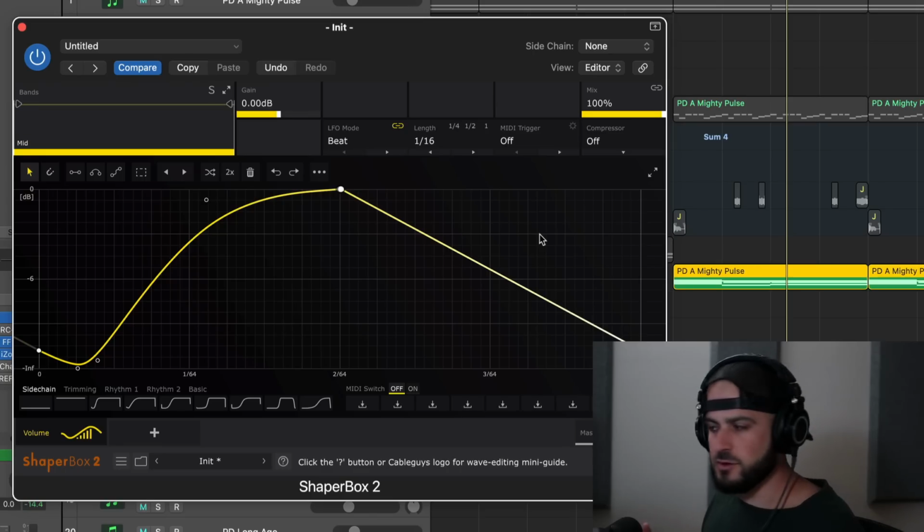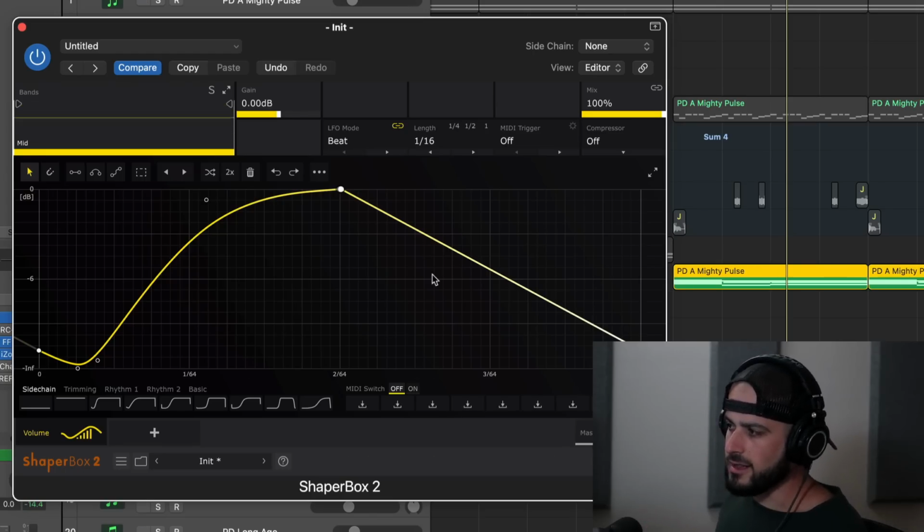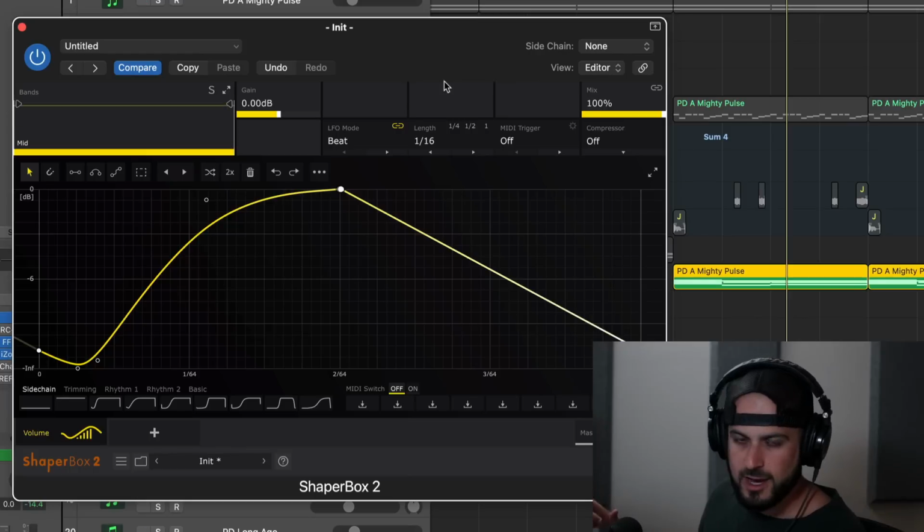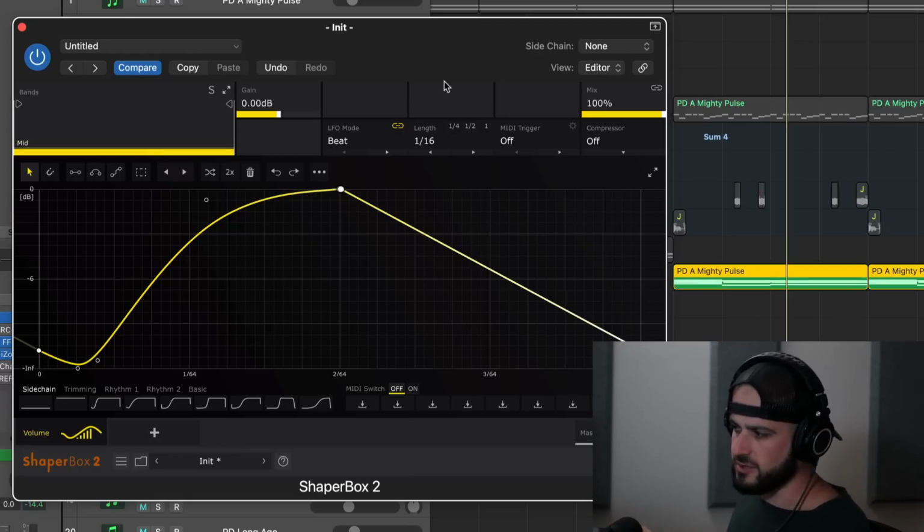If you ever wonder how your favorite artists do those cool wobbly synth sounds, it's usually with an LFO style tool like this. When I say LFO style tool, there are a lot of tools that do what this does. Volume Shaper's not the only one out there, but it has a little edge, and I'll talk about that in a minute here. So, the two most common places you'll hear or use a plugin like this is in future